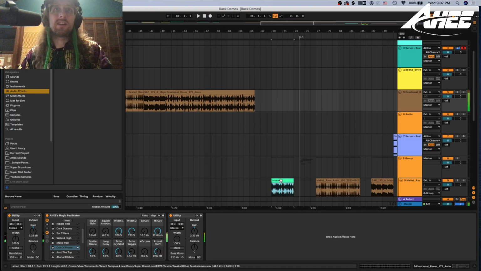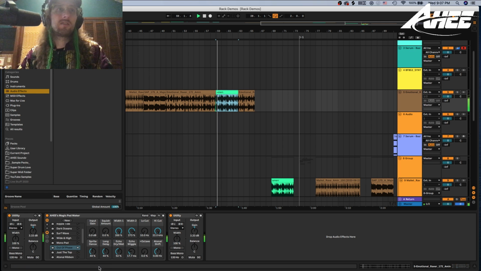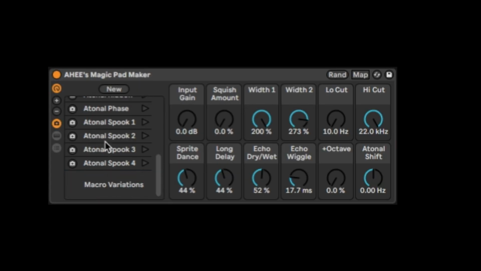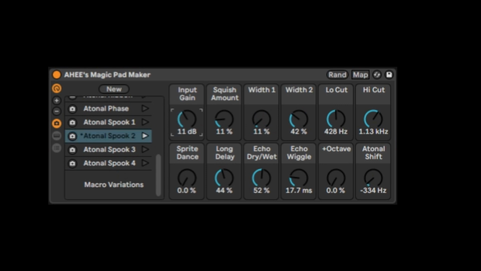You can even do this on drums. Check this out. And add in the atonal spooky ones. So creepy. One thing to note is that you should definitely have this input gain up in order to